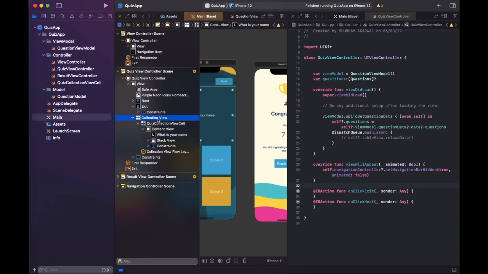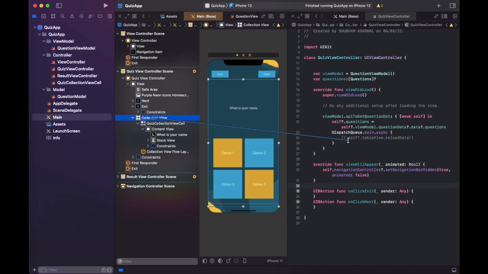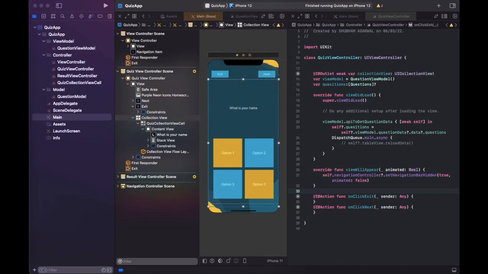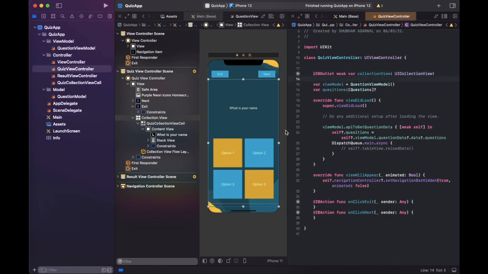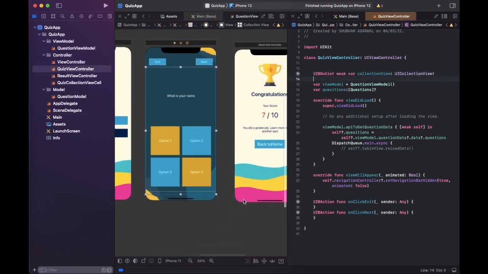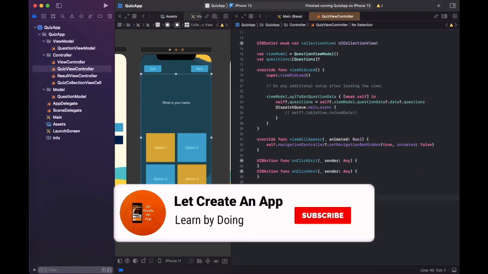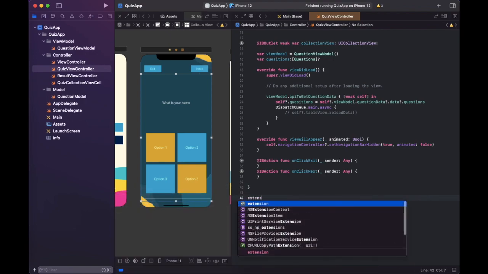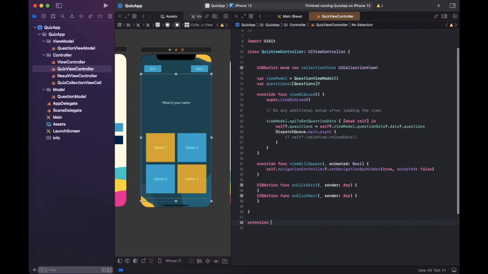So we have to take an outlet from here. Just take an outlet like this, collection view. Now we have to write some methods of the collection view, like number of cells. We have to write an extension for the data source and delegate methods of collection view. So we have to write an extension, and this is QuizViewController,